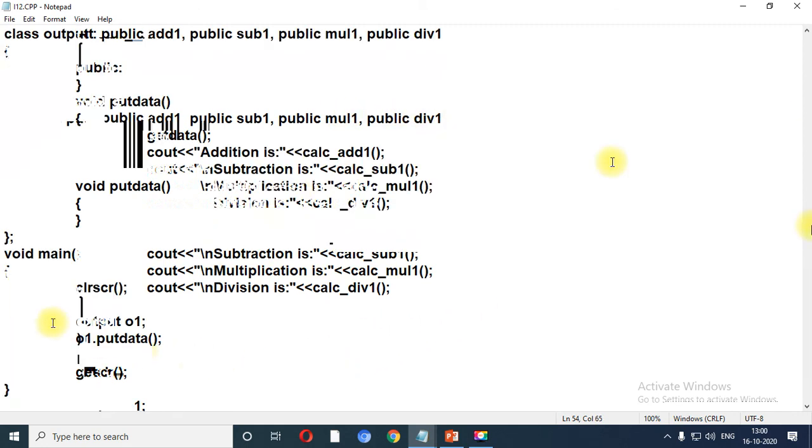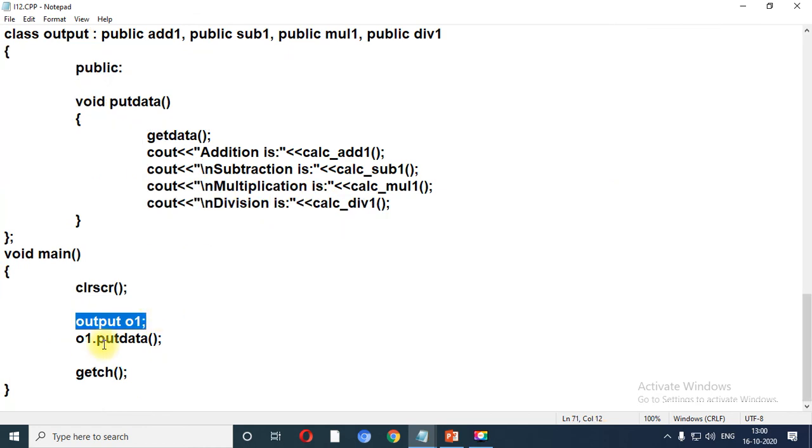At last we have created an object of output class, and with the help of the object we have called method put data. When you call put data, first it will call get data, it will fetch the values of a and b variables, it shares a common copy to the different classes, and based on the values of a and b it will produce output of addition, subtraction, multiplication and division.